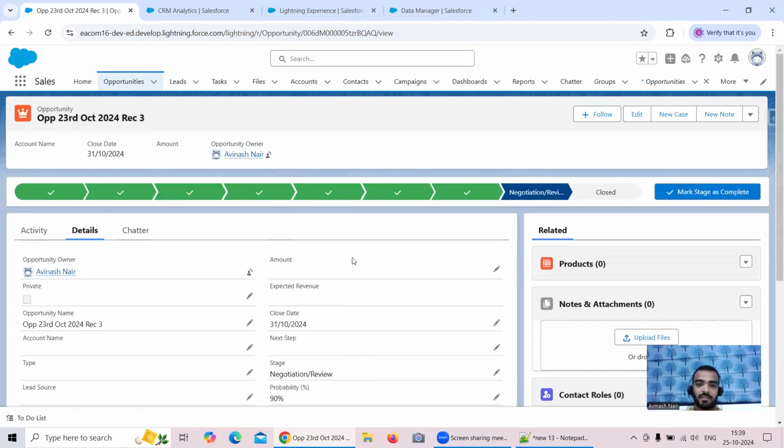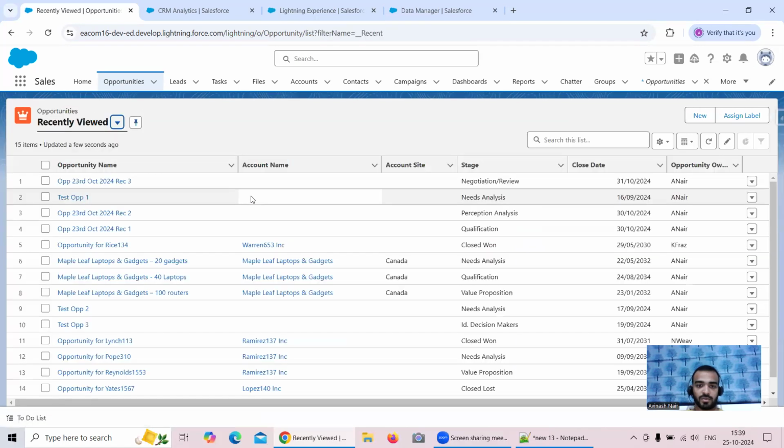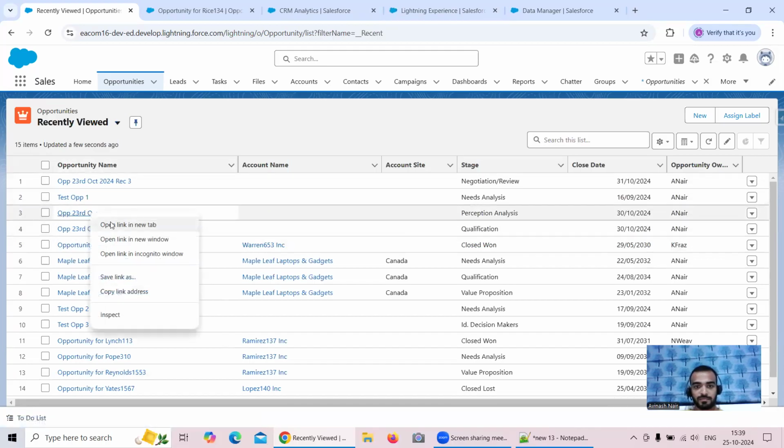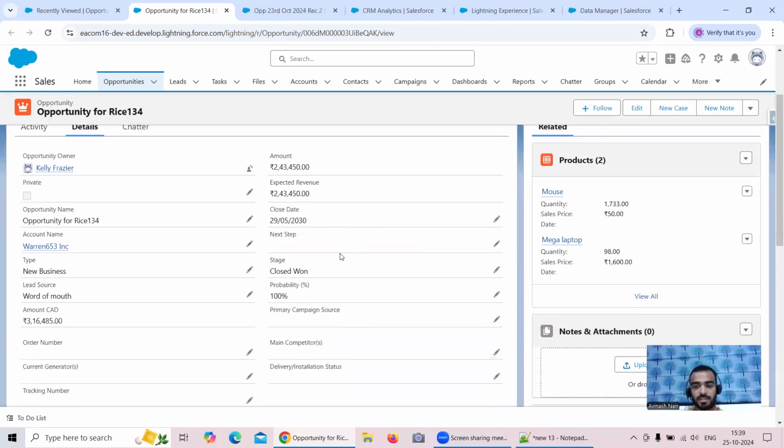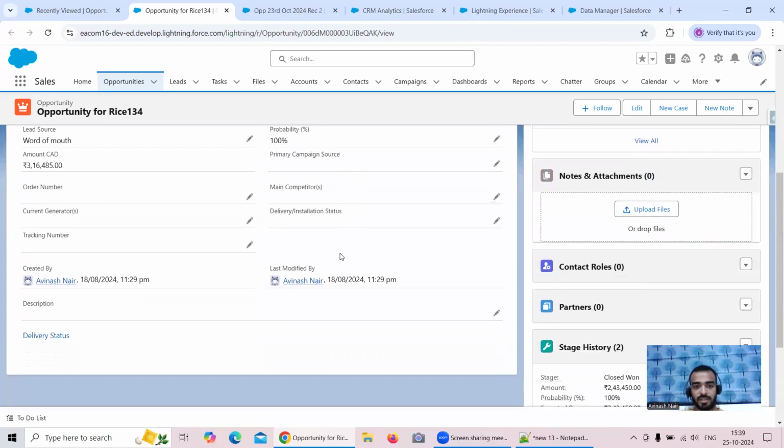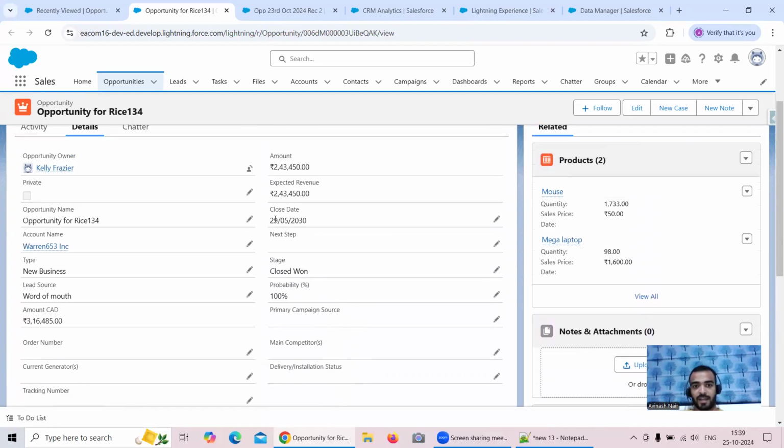But let's say if we have any closing opportunities, let me go over here. Let's say, for example, let me open this one, where I see this is a closed one. So when it's a closed opportunity, how will we find that opportunity age? The opportunity age at that time will be nothing but the day when it got created, that is, this is on 18 August, and the day,